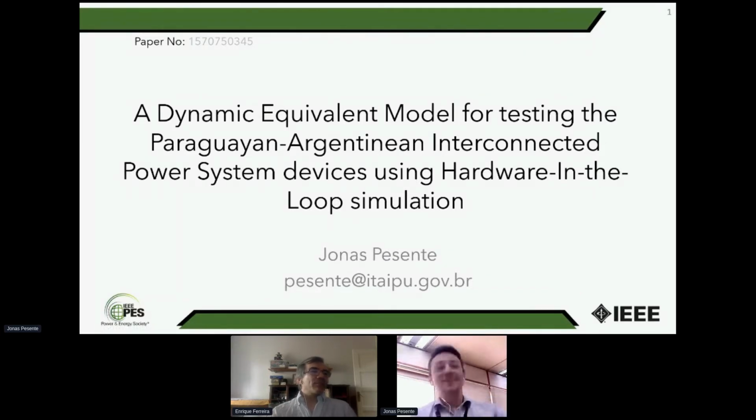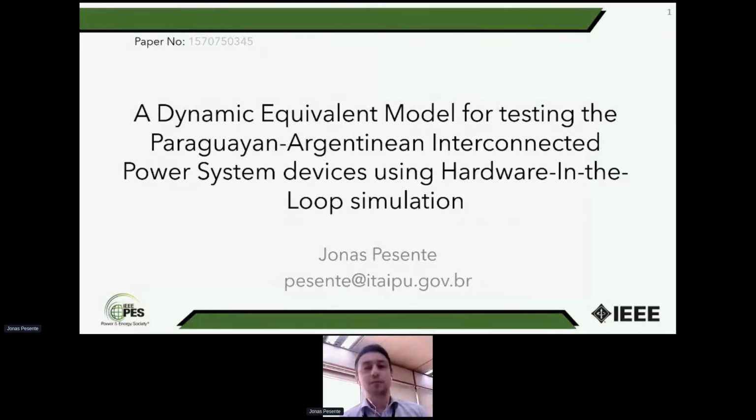Thank you very much. I am located on the border between Brazil and Paraguay, and we are doing a lot of work actually including the Uruguayans. Right now, we are also in another meeting with the Argentinian, Paraguayan, and Uruguayan fellows, because this interconnection between the power systems is going to take place maybe in the next months or even years. So this work is in this context.